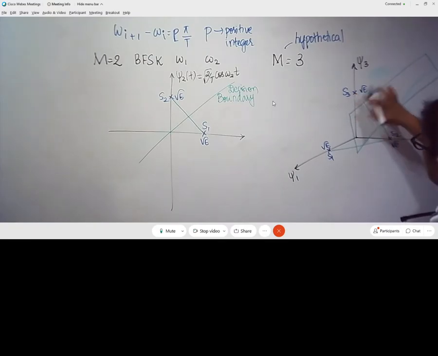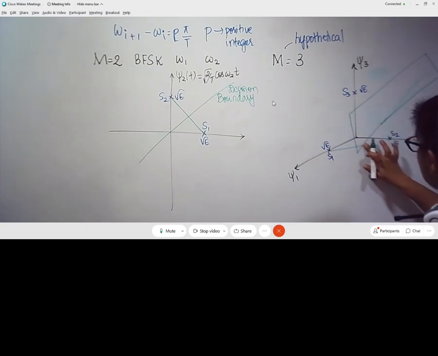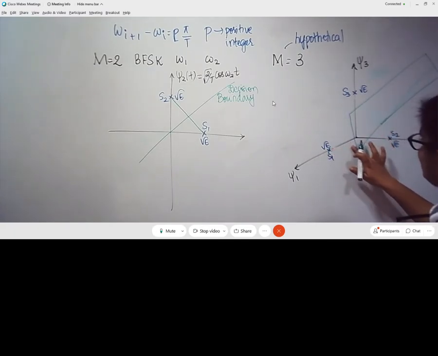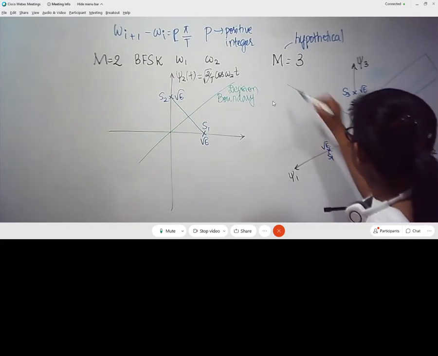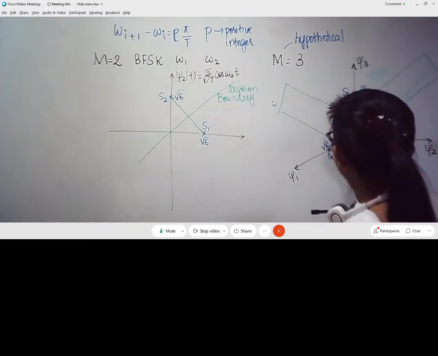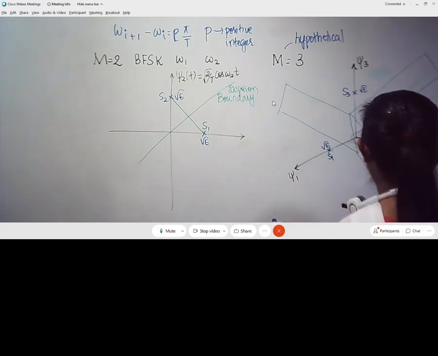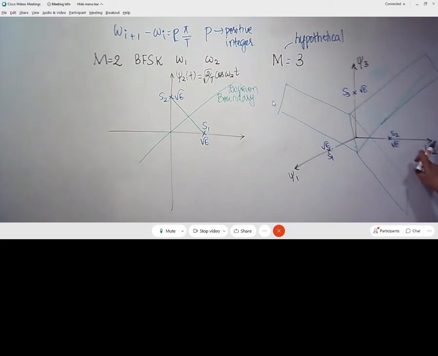This is the plane which separates S2 from S3, and there should be another plane which separates S1 from S3 and S2. So it looks like this, and there will be another plane which separates S3 from S2 and S1. So this is how our decision boundary is fixed. But here it will not be a line, rather they are called decision planes. Now it is very easy because it's a three-dimensional representation. I can easily draw the plane.